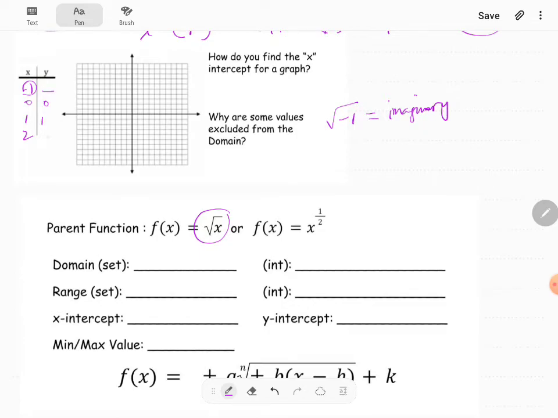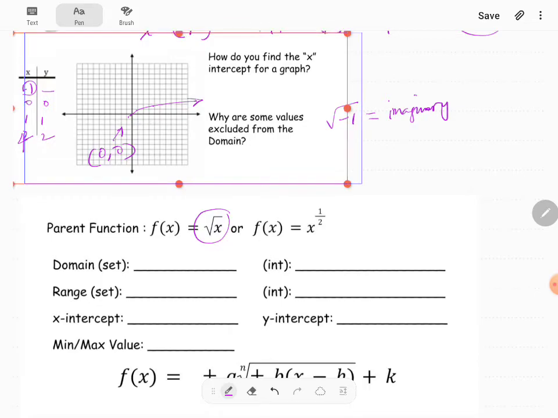Square root of 1 is 1. We'll take 4 here instead of 2. Square root of 4 is 2. So when we plot these points on the graph, this is what we get. Okay. So this is a square root function. If you see, the end point is 0, 0. That's what they call end point, start point, or terminal point. But the bottom line is the domain is only x values beginning